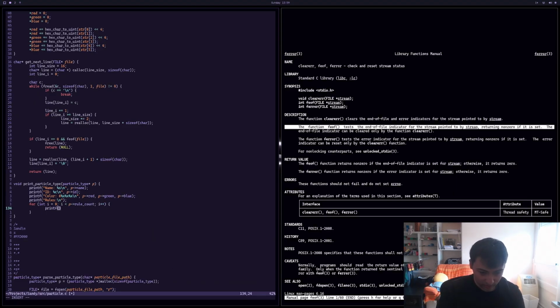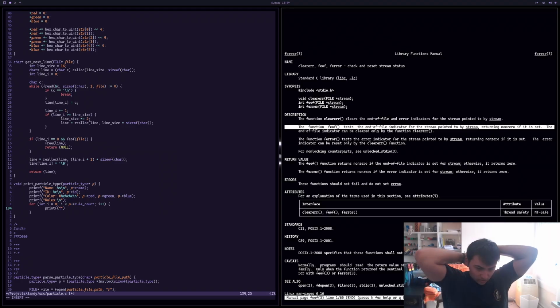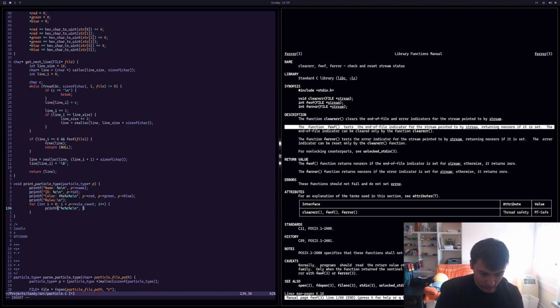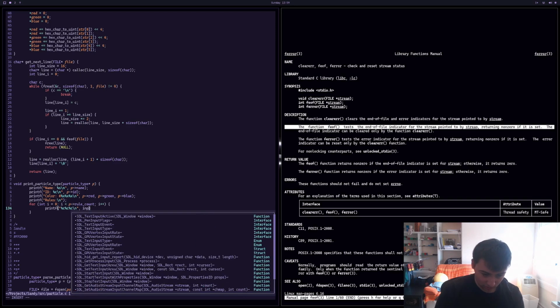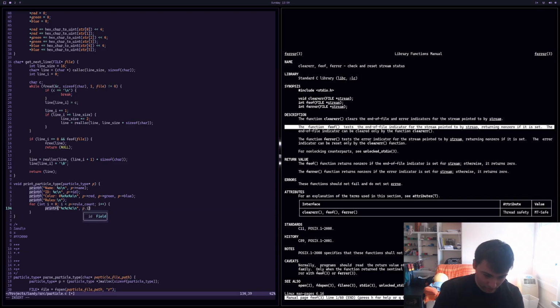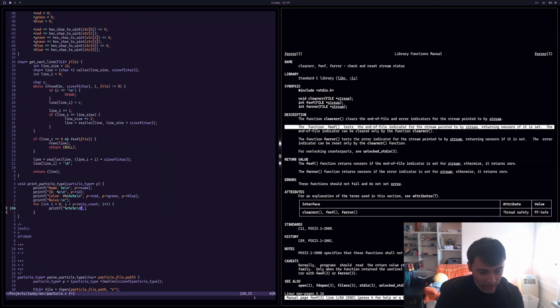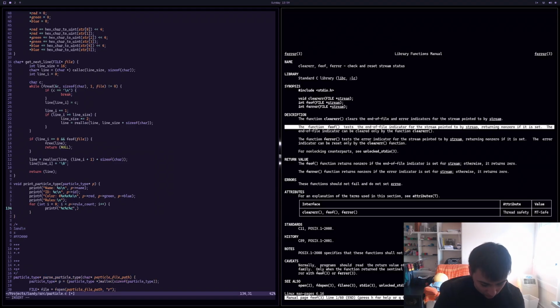We'll just printf. We have to print them out line by line. So C, and this would be the p dot inputs input. No, we could definitely do something a little goofy. We could say like,